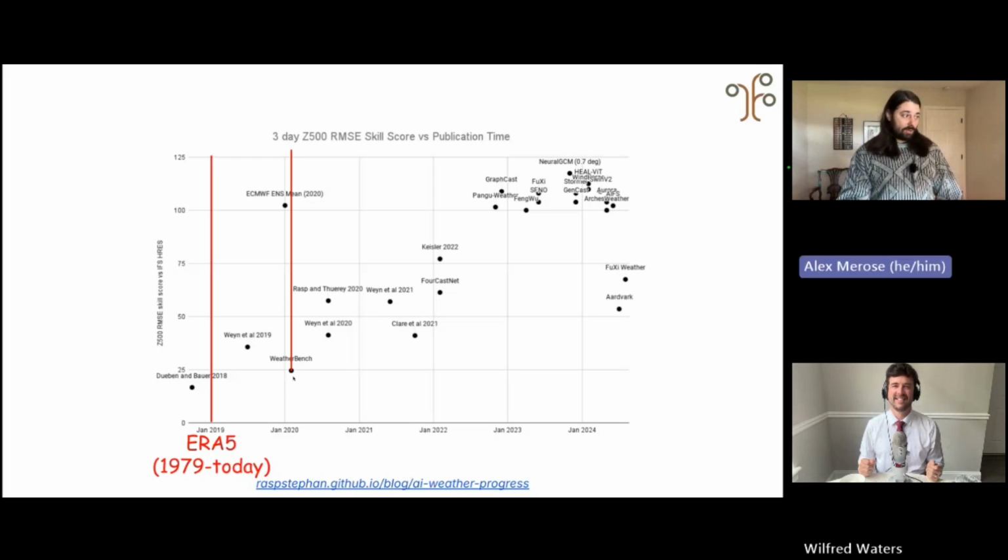In January of 2020, about a year later, Stefan Rasp releases WeatherBench, which is a lot of the ERA5 data downloaded from ECMWF and put in the cloud, in an open bucket, in the format called NetCDF, which is a traditional meteorological format. And then as a result, there are a lot more